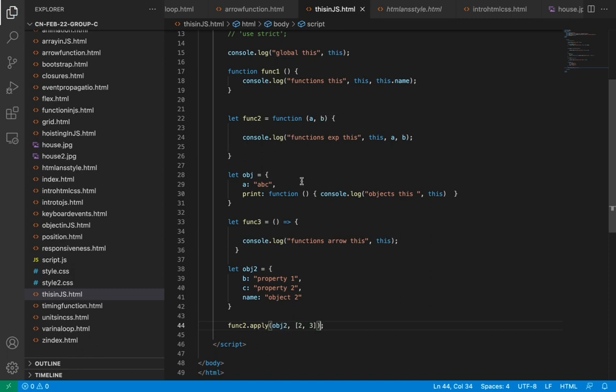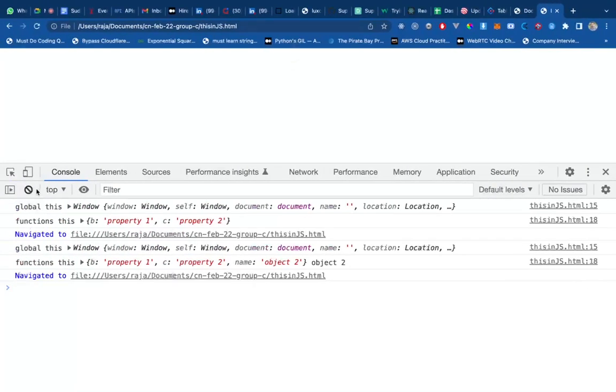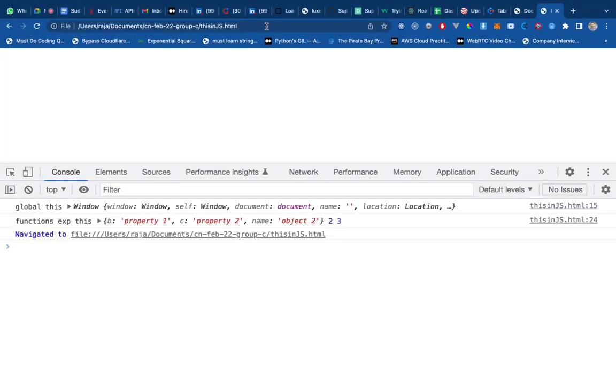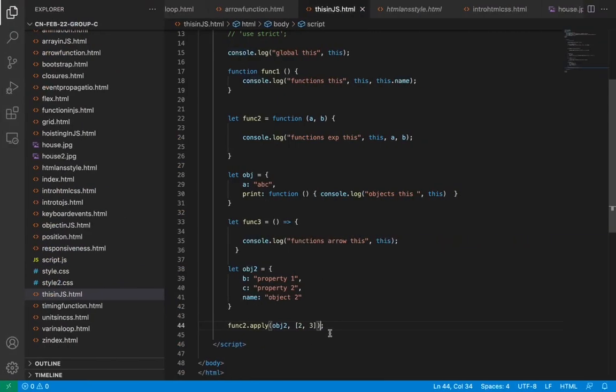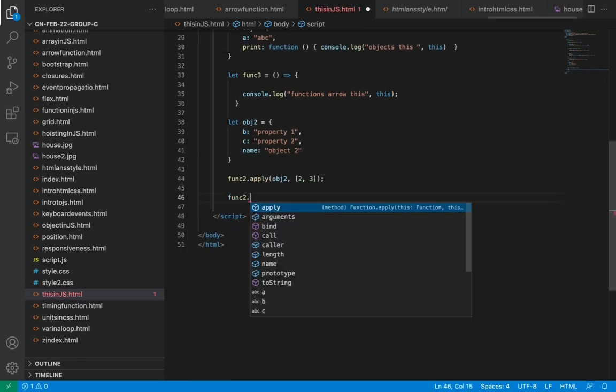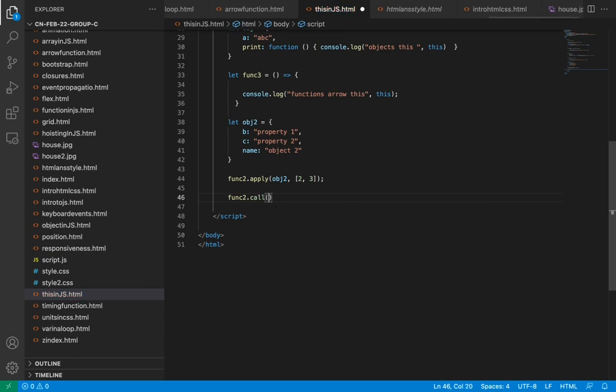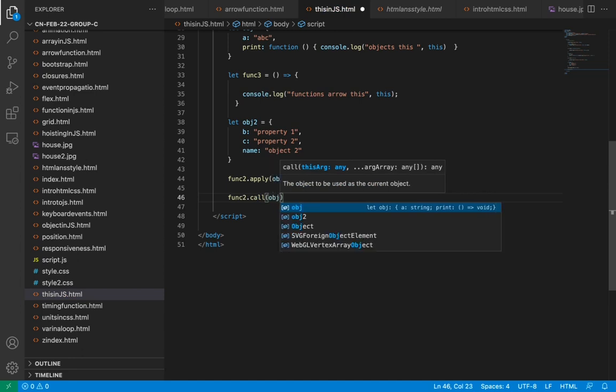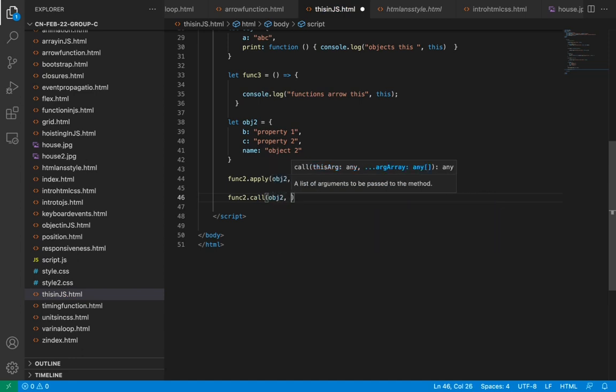Okay, how does this function? Let's see. So function 2 dot apply will be printing this and a comma b. Let's see this part. So we can see that a and b is printed. Apart from apply, there is one more thing, that is, if I want to bind a function, I can use this also. Function 2 dot call. And I can pass the object 2 over here, and I can pass, let's say, 2 comma 3. Now the only difference between these two is,